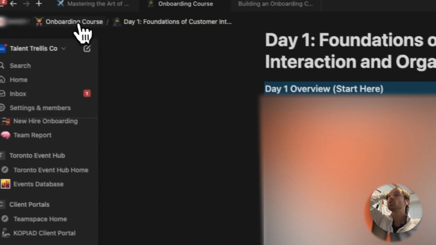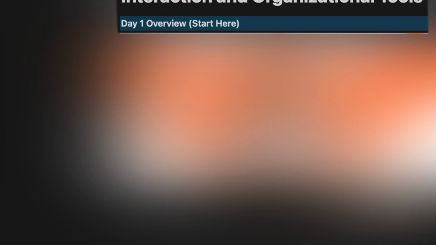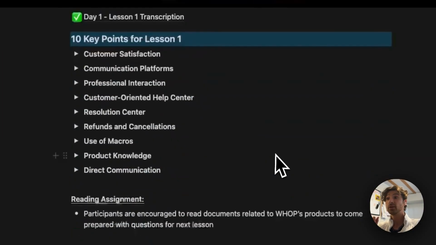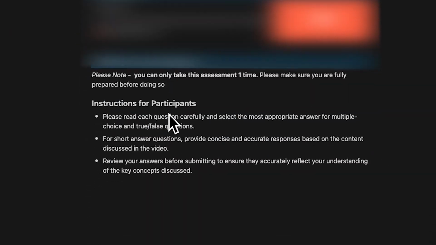So from there, that's what the course will look like. They will have an introduction. They'll have day 1. After day 1, they have an introduction to day 1. Then they will have the actual lesson for day 1, the transcription, the top points, the assignment. Perfect. Lesson 2,